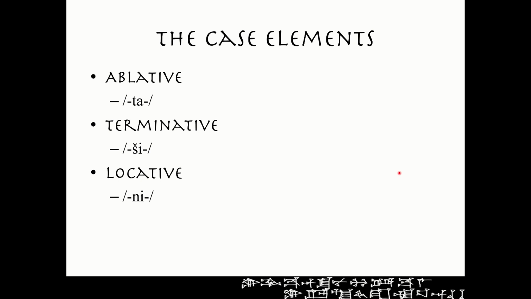And then finally, the locative. The locative on the noun means "in," and the form that appears on the noun is a, and in the verbal chain, the form that it takes is ni. So the locative form is ni in the verbal chain. So in the sentence, a2, house, a is the locative. It appears on the noun. So, in the house,